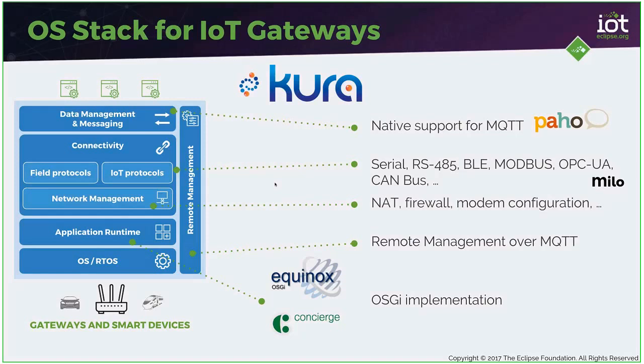So running either CentOS, Fedora, Debian, any kind of Yocto-based distro. And the idea is that Kura will provide you with all the APIs and the functionality that we identified earlier, not only for enabling application development by means of providing an application container for Java code, basically leveraging the OSGi standard. And on top of OSGi are all the services for